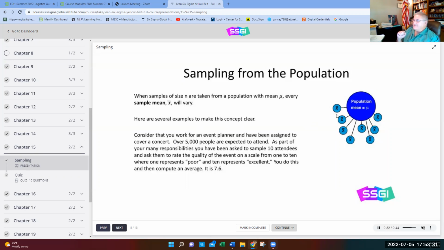So you could have somebody standing at this exit, say 10 minutes before the concert's over, and it was real loud and the wrong kind of music for parents or grandparents, and they're leaving. And this sample taker's standing here by the gate, and 10 people come out and they're all leaving early because they're not satisfied or they think it's a poor experience. It was too loud. They didn't like the music. So if you just went by that one sample taken of those 10 people, you'd think the concert was not